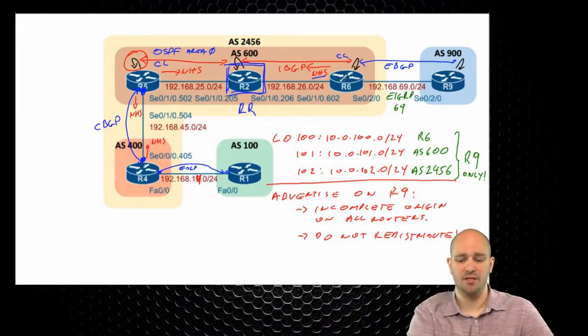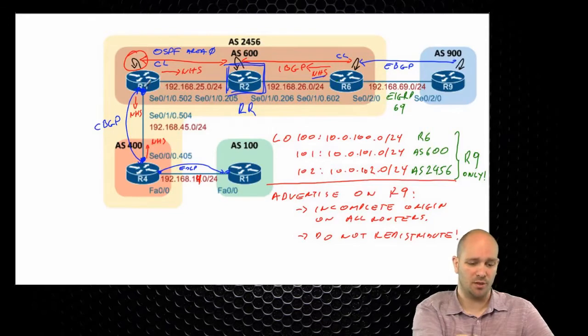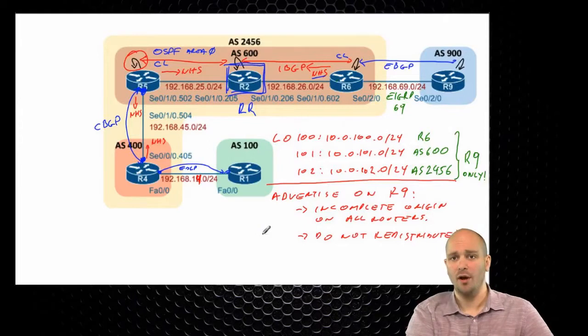So I would need a policy on R6, I would need a policy on R5, and I would need a policy on R4. That's one of the solutions. There are of course alternate solutions, where I could apply the inbound policy on R2 from R6 for filtering, where I could apply inbound policy from R4 on the peering session between R5 and R4. I could apply an inbound policy on R4, or I could apply an inbound policy on R1, or any combination